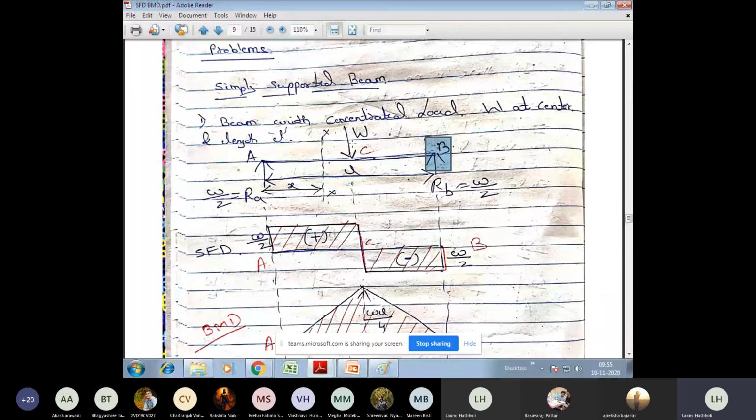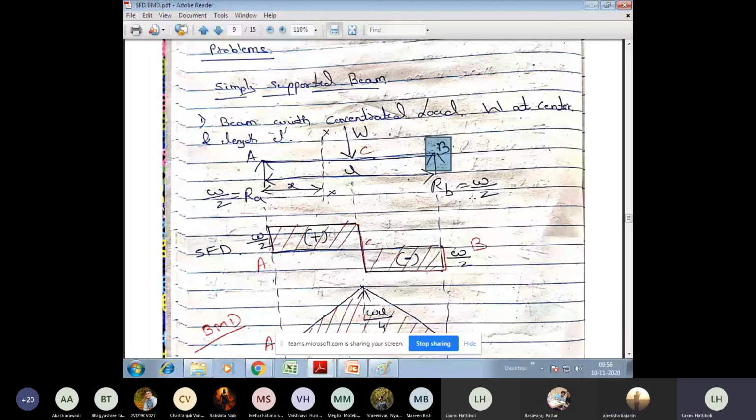So now write the equation. What equation do you get? Bending moment equation at the B point for both the forces. First of all, RA becomes sagging, W becomes hogging. RA is plus, W is minus. Now take the moment. If you are taking the moment for RA at the point B, what is the distance from A point to B point for RA? L. Very correct.